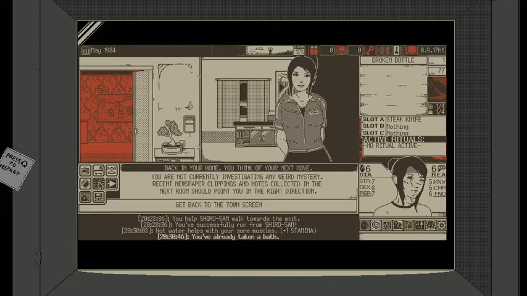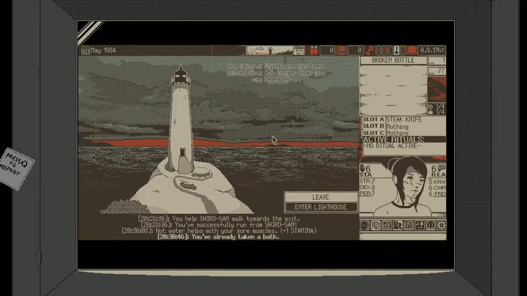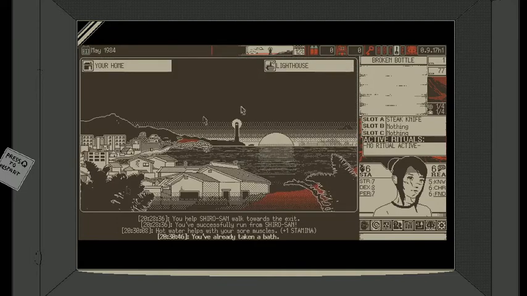Let's go to the town screen and... Yeah, if you go to... The only place I can go to right now is the lighthouse. You can't go back to where you were. I guess you'd have to start another... I think you have to start a mystery. But you don't have to immediately launch into combat with that, because I was thinking maybe you could...